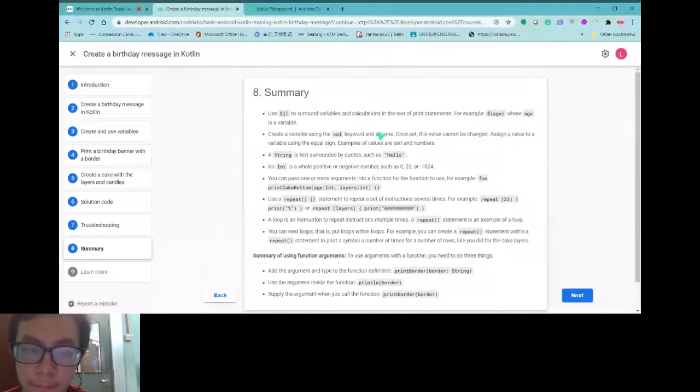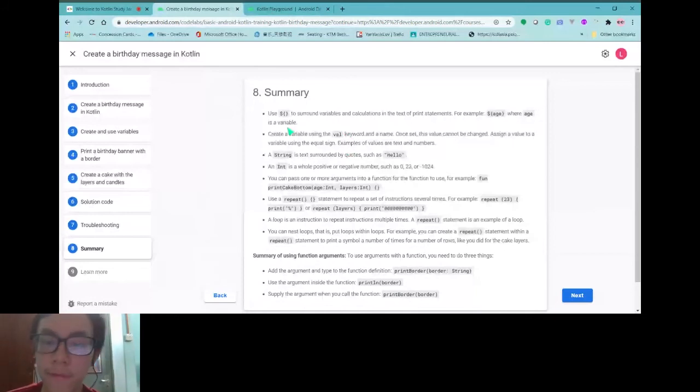So var, the other type, for example, is you can reinitialize, meaning like you just now used val and then the name of the variable equals to something. If you use var, you can actually reinitialize again. Like I use var age equal to 5, and then you can actually initialize it again, like age equals to age plus 1, like that.